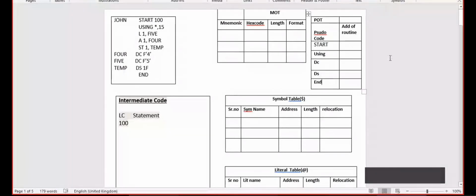In pseudocodes, we have to write down the address of the routine. So you can give any function name for this particular routine. Suppose I am giving P underscore START function. Likewise P underscore USING.